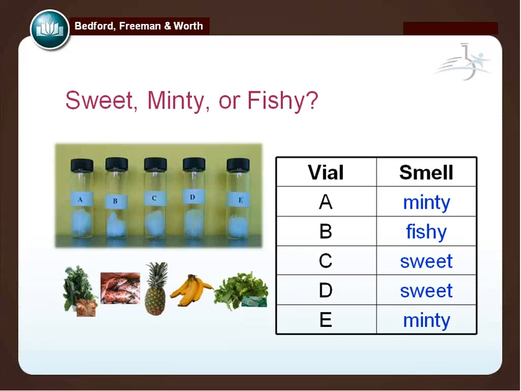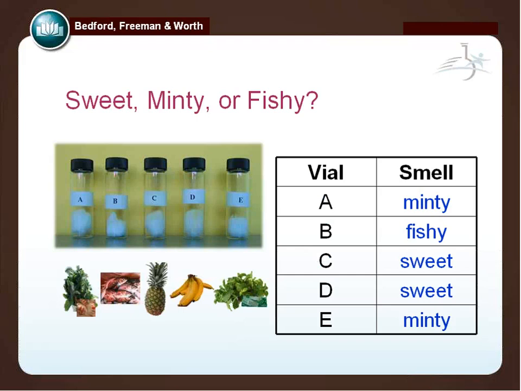First day, I give you 5 vials. They each have a cotton ball in it. They each have some drops of a fragrance on them. And you get to smell them, and you get to classify them. And what you would find, the students actually do this, A and E are minty, B is fishy, and C